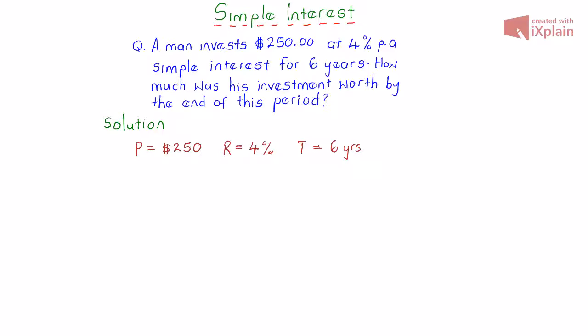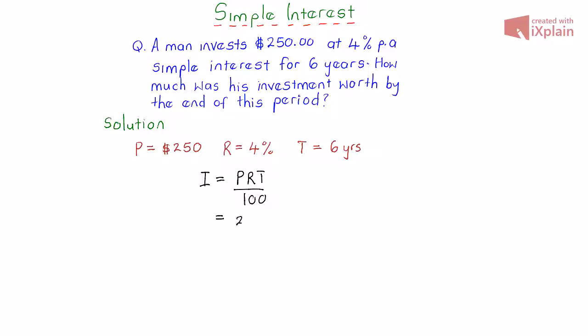So it's always important when you are given a question on simple interest to first write down all the information that you've been given, so that you may know how to apply your formula the right way. So right here I'm gonna write down the formula for interest. Interest is equal to PRT over 100,